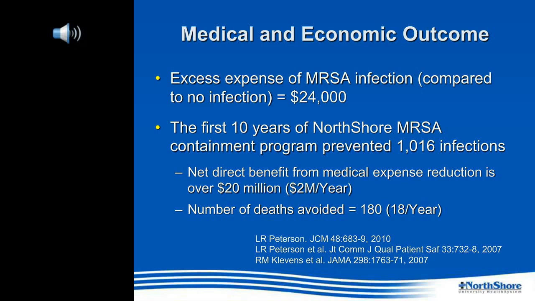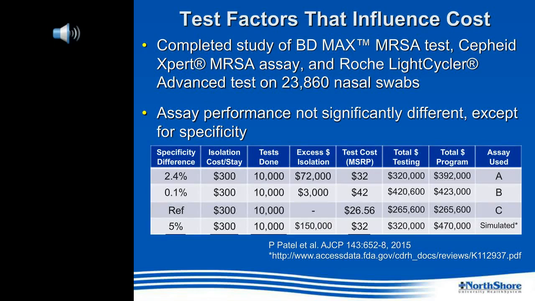So you can, I think, continue to generate organizational support if you provide these kinds of numbers to your administration. What are factors that influence costs? And I think we do have to pay attention to this in the laboratory. One of the main factors that influences your cost of testing is specificity. And the specificity difference of these 4 different ways of testing that we published on earlier this year is in the far left column. And this table generates the cost of the entire program.